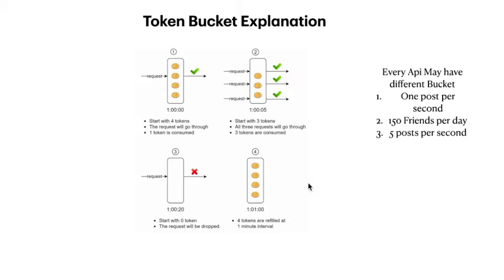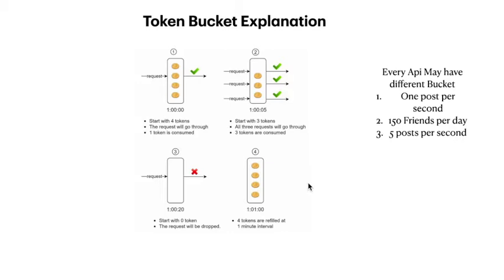So from this diagram, what we can understand is that with the token bucket, we are allowing only that many requests to be fulfilled within some particular time. Like if you have a token bucket of 4 tokens, that means within 1 minute or within 1 second you are allowed to process only 4 requests. This is a simple algorithm, and most people and many companies use the token bucket in a rate limiting strategy.